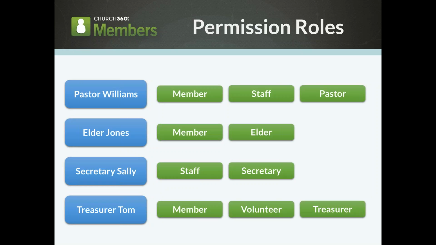He's also a member of the staff, and more specifically, he's the pastor. So you kind of start at a high level and say, what do we have the most of here? Well, we got the most members, and some of them are staff, and more specifically, here's the pastor. Well, you look at Elder Jones, and again, he's a member, but he's not staff, so he doesn't get that permission role. And he's not a pastor, obviously, so it doesn't get that, so you create an elder permission role